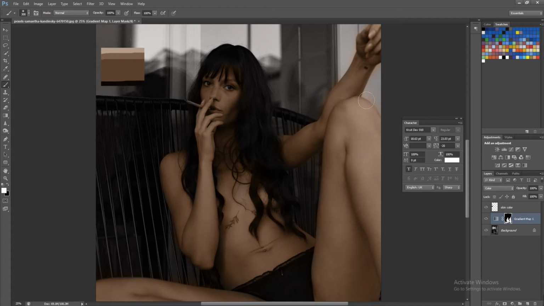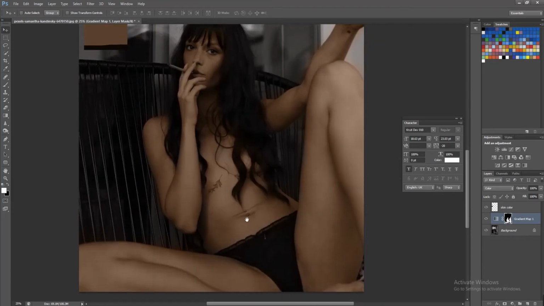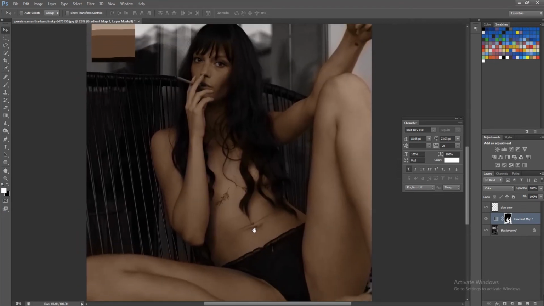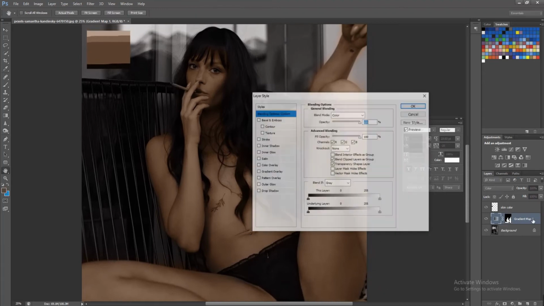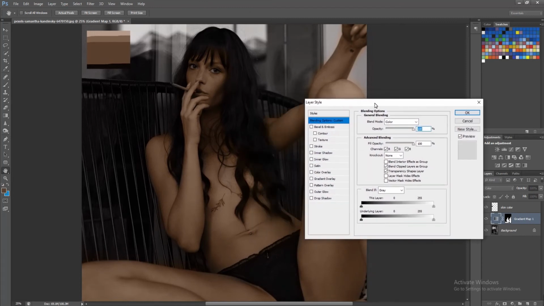Guys, if we see our skin tone, colors are different in every part of our body. Some areas are lighter, whereas some are darker. In this image, the same color tone is distributed everywhere on the skin area, which is not natural. So, to give it some natural tone, double click on the right side of the layer with mask.